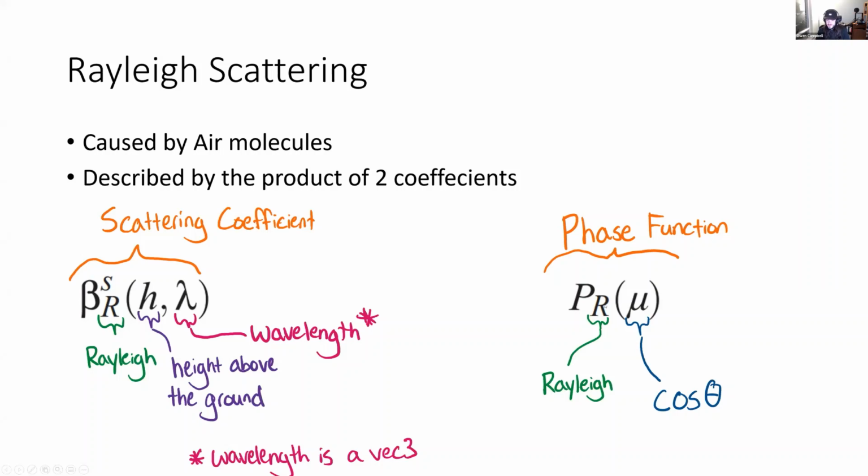And similar to the phase function, we just mark it as the Rayleigh phase function specifically. And we use mu instead of the angle. We always deal with the cosine of the angle. My guess is that's basically just because it's easier to do all the math we're going to do on the cosine of it, because it's nicely between -1 and 1 rather than dealing with the angle directly. But